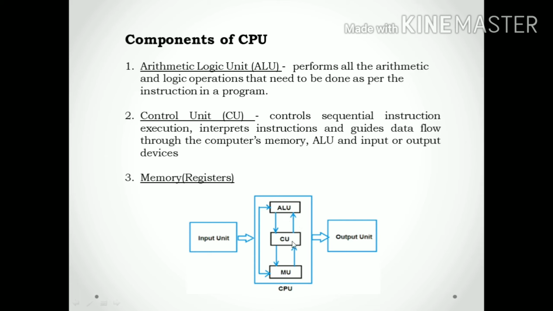I have already told that the CPU will fetch the data from memory. So here you can see the arrow. From memory it's taking the data. So where should the data go? The data should go to ALU. So from memory you can see the arrow here. From the memory we are taking 5 and 3 and then it goes to the ALU. So in ALU 5 plus 3 is done and the result 8 again goes back to CU and then to memory. So the data flow is controlled by the control unit.